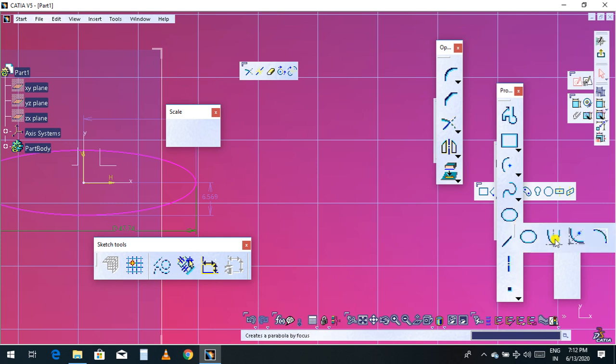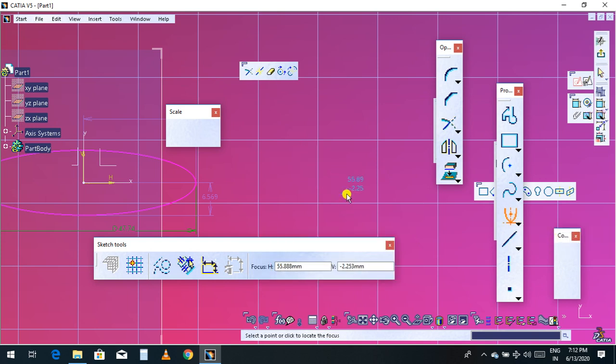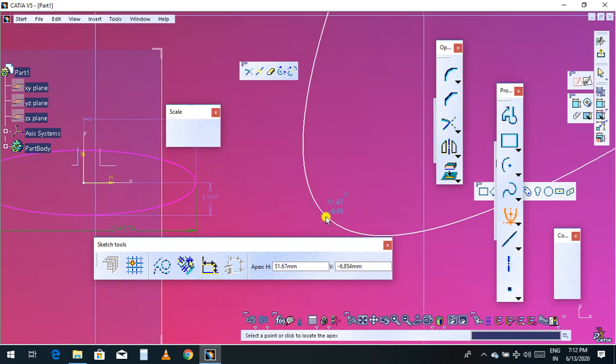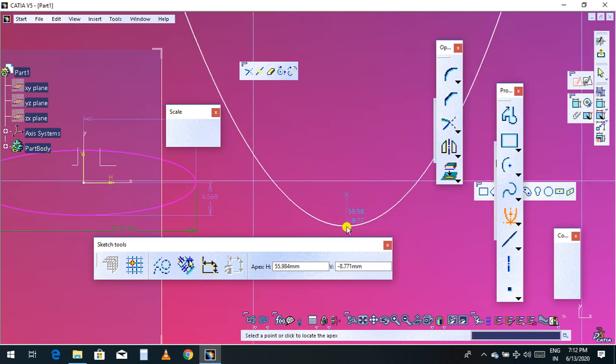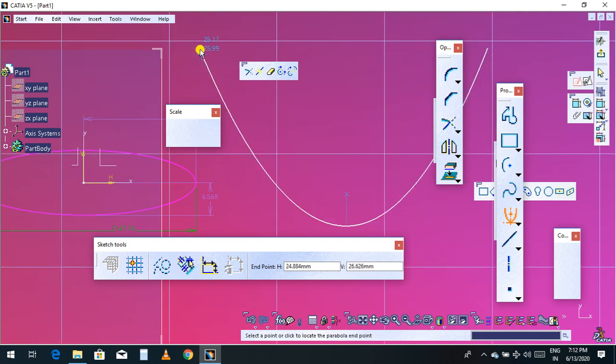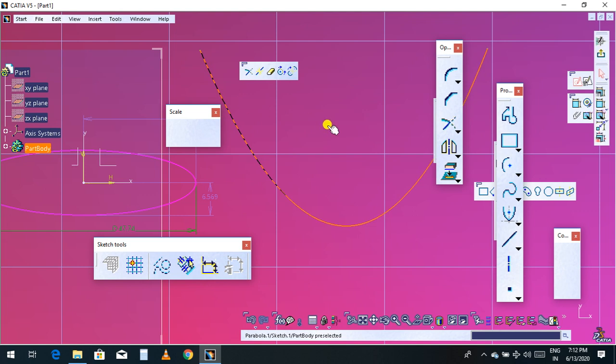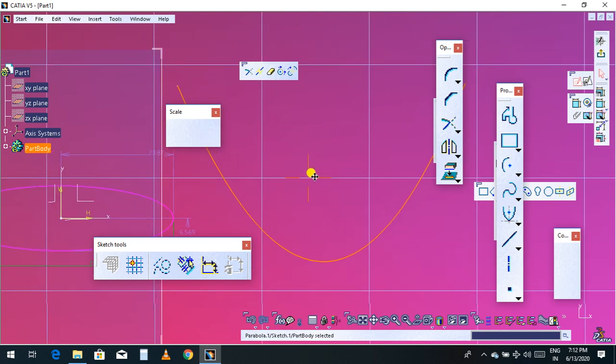Ellipse is done. Now you go to the parabola. Click the parabola, click the point, this is the center point. Now you can choose this point and give a length and height, this is the y-axis. Then you can move another point and give a value for how much you want the parabola point, or you can select this and measure the constraint, give a dimension, this length.